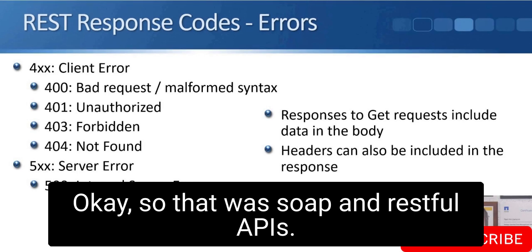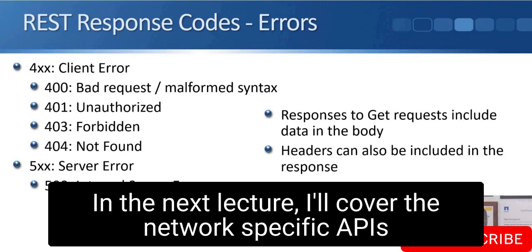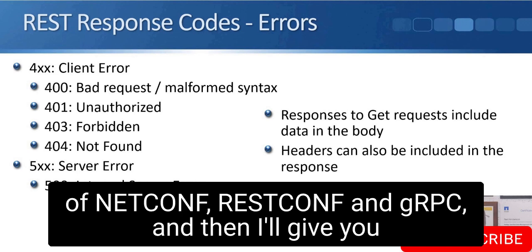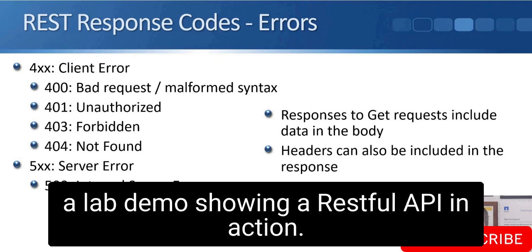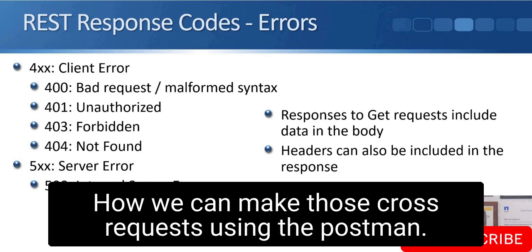Okay, so that was SOAP and RESTful APIs. In the next lecture, I'll cover the network-specific APIs of NETCONF, RESTCONF, and gRPC. And then I'll give you a lab demo showing a RESTful API in action, how we can make those CRUD requests using the Postman